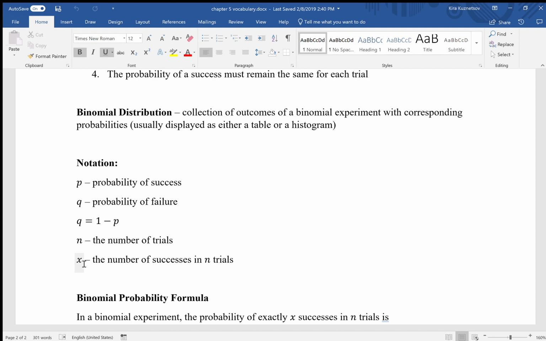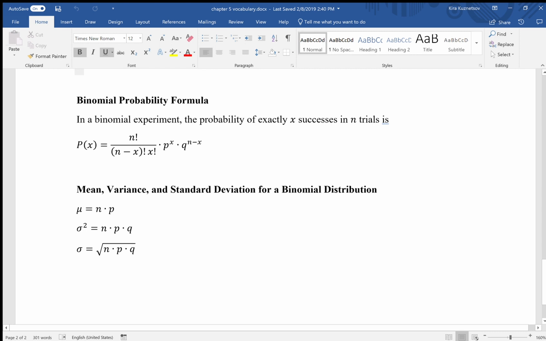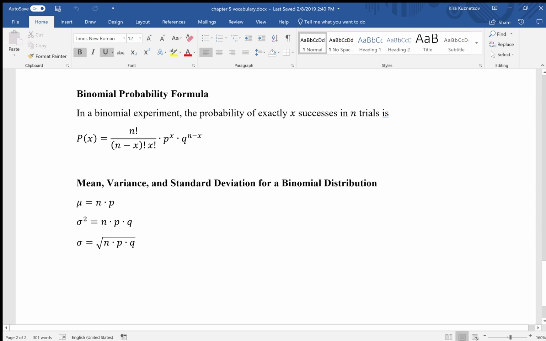Now my next set of formulas, these formulas will be given to you on the test, maybe with the rest of the formulas that are given in the previous videos. And this one is programmed into your calculator. So a binomial distribution is very widely spread and used, so it is programmed into your TI-84. And this will be the last video of 5-3 after I do examples.